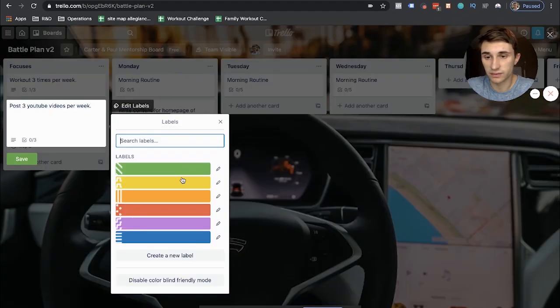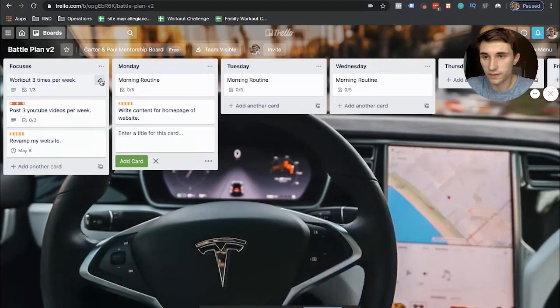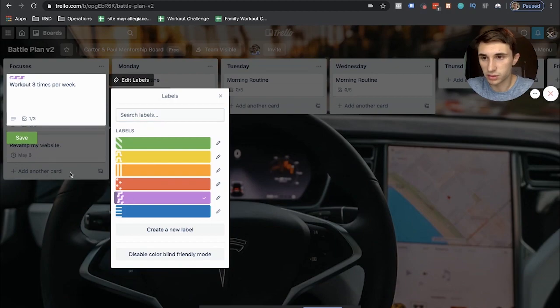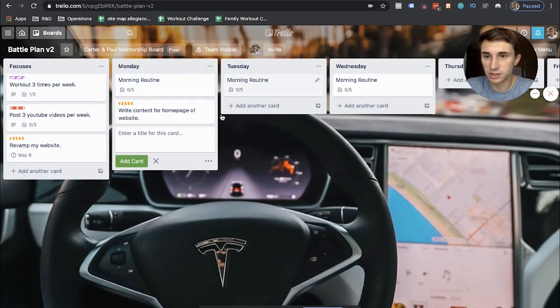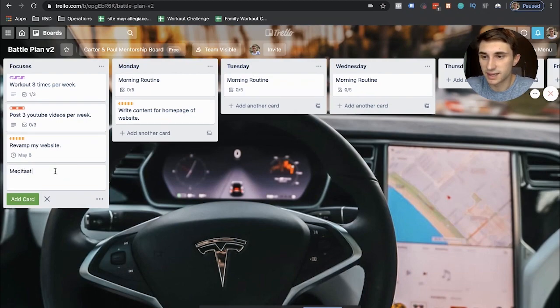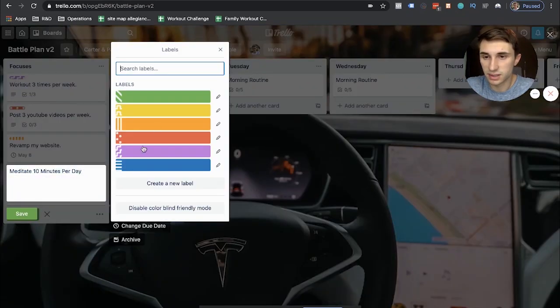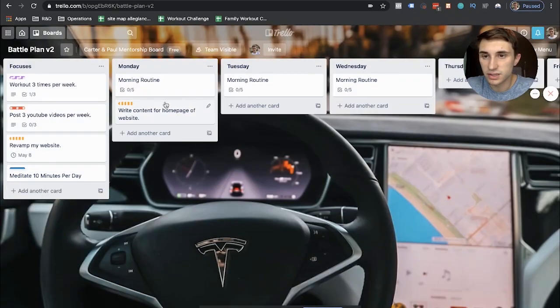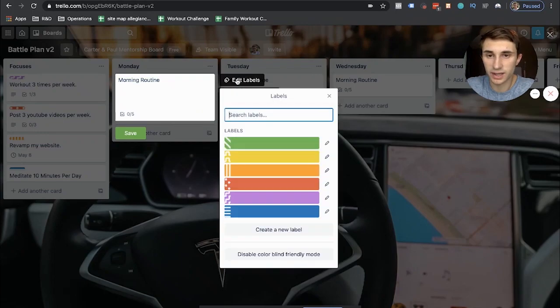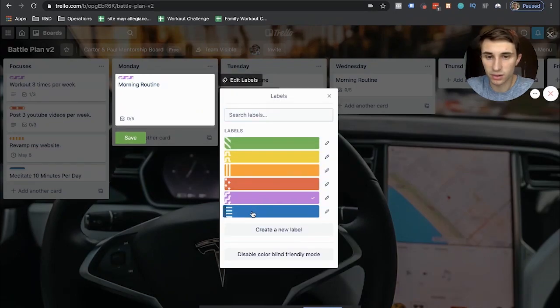And that just goes to show that I'm actually working on things throughout the day that are related to my goals. All right, so for this one, I'm going to go red. For this one, I'm going to go purple. Okay, you can add multiple labels. So maybe you have another goal in here of meditate 10 minutes per day. And maybe this goal is going to be, well, maybe we go with a blue. Okay, so for the morning routine, we have meditation and working out in there. So I'd hit edit labels, and you can go like that.